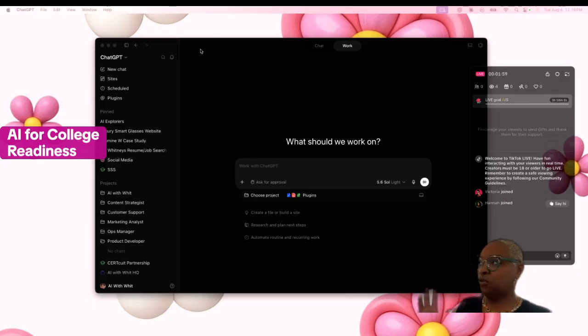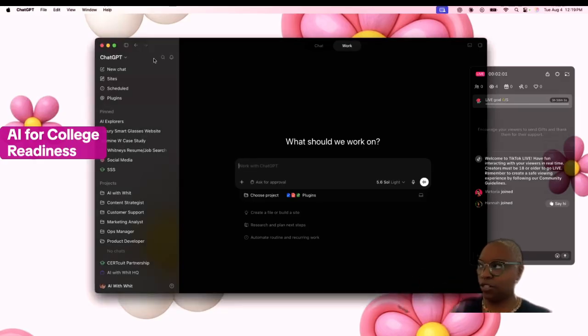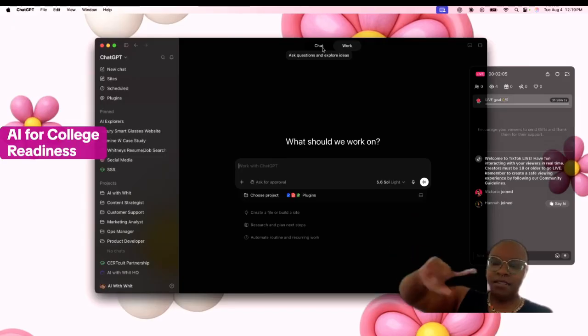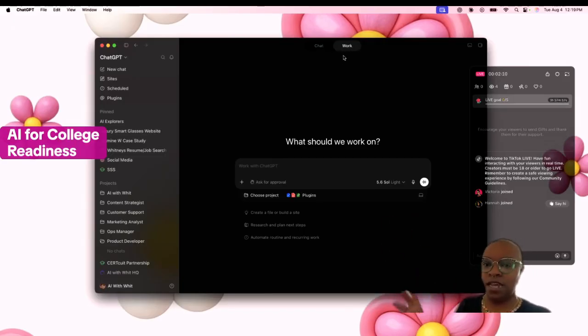So when you open up your desktop version of ChatGPT, you're going to click new. Again, at the top, you're going to have chat and work. We're going to hit the work feature. This is where we're going to have access to the agent. Again, the agent takes actions regarding your task or goal that you give it. Okay. I'm going to change my model type here. I'm going to change this to Soul High.